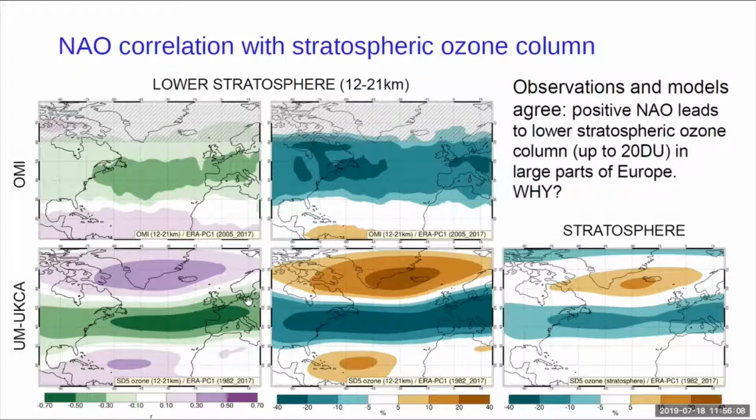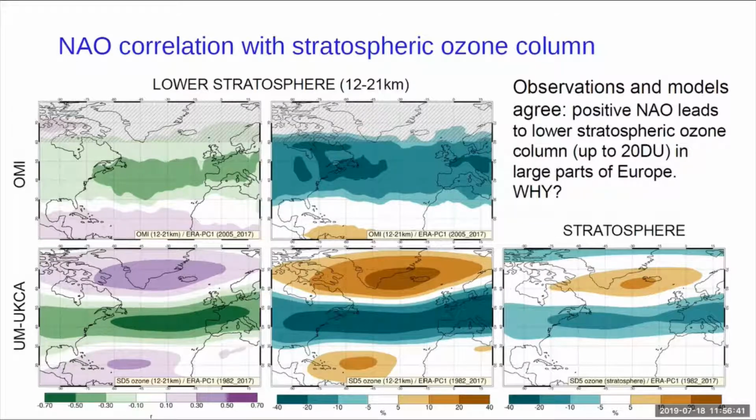see that there's a very similar pattern of negative correlation between stratospheric ozone and this sector of the North Atlantic going from Northwest Europe all the way to the northern part of the US, and there's a positive correlation in the southern part of the domain. The impact is kind of similar again in terms of that sector of the North Atlantic, although the model seems to have a larger impact. And also there's this larger blob that the observations don't show.